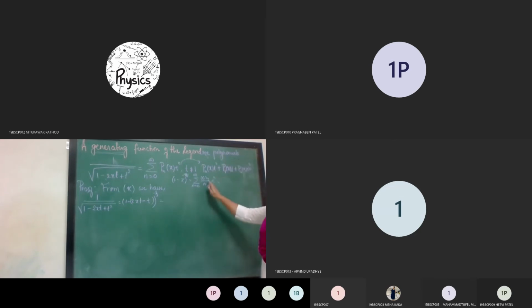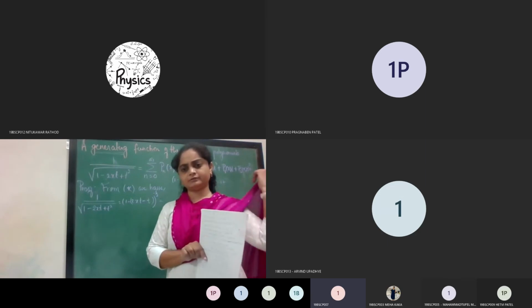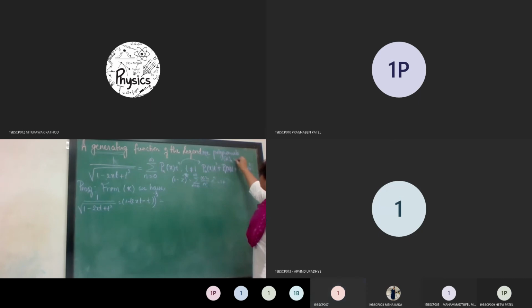And if you expand this, a sub 0 first. (a)_0 is 1, 0 factorial is 1, z raised to 0 is also 1. Then plus (a)_1. What is (a)_n? It is a times a plus 1, a plus 2, up to a plus n minus 1. So here n equal to 1 means the factor goes from a to a. That is just one factor, so it will be just a.